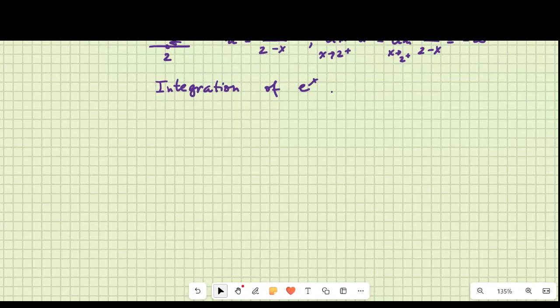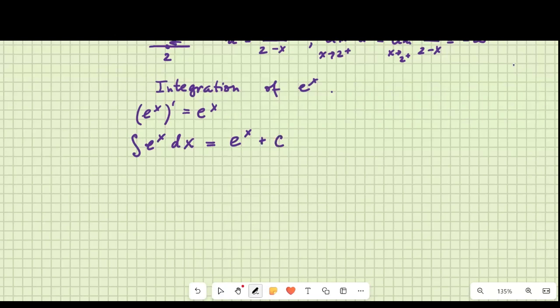So we're going to use the fact that the derivative of e to the power of x is equal to e to the power of x. That means that the integral, sorry guys, I pressed something on my computer, of e to the power of x dx. Which function did we differentiate to get this e to the power of x? Well, we differentiated e to the power of x. The only difference between this answer and what we're supposed to have for an indefinite integral is going to be a constant.